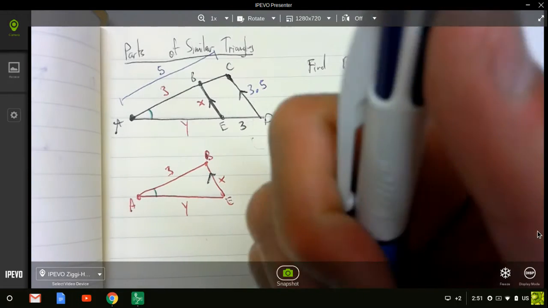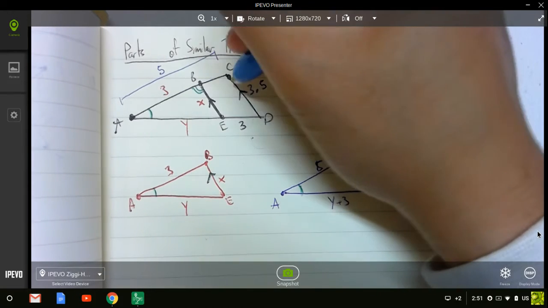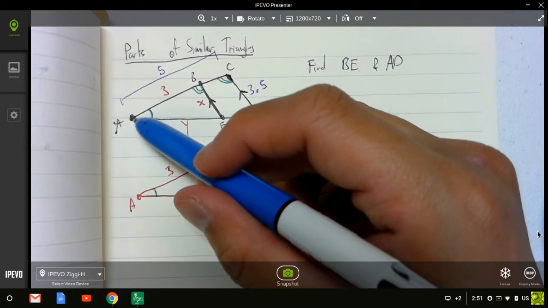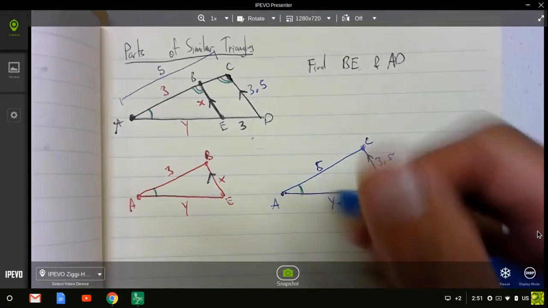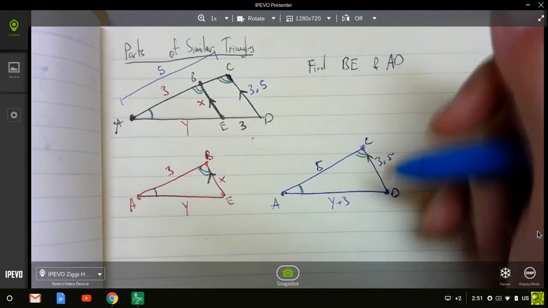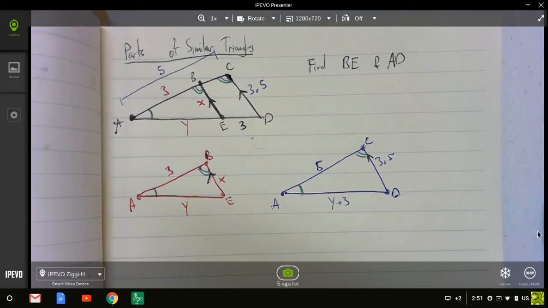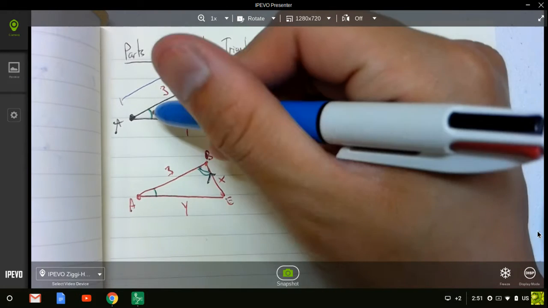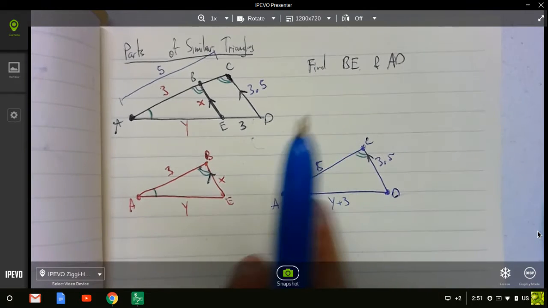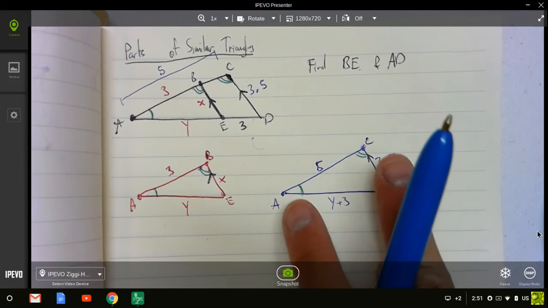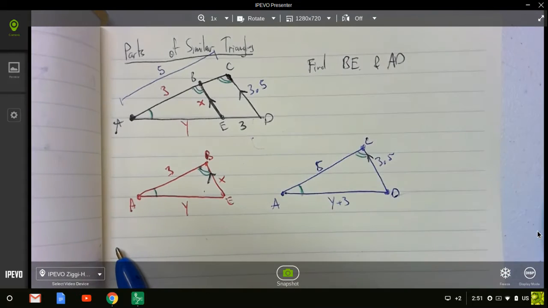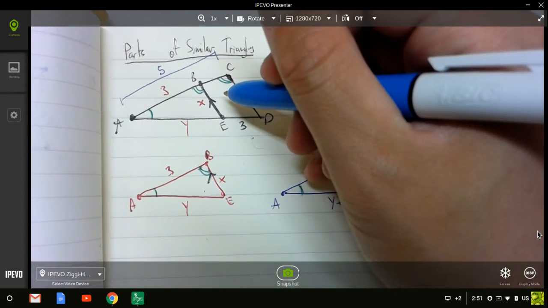What they actually say in the book is that this angle is going to be equal to this angle. So let's see, ABE is congruent to ACD. So these two angles are actually congruent, and that's what the book specifies there. So if I get that right, BCD, BCD, yes. And in the same vein, basically you could stop right there if you want. You have two sets of angles that are congruent to each other, making these two triangles officially similar now. So now we can start making ratios,